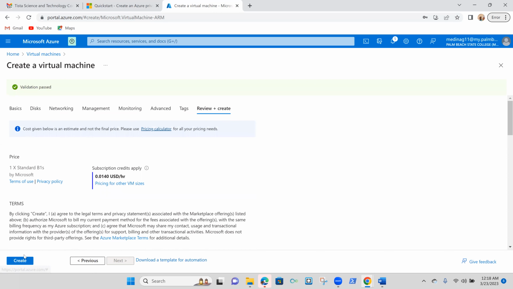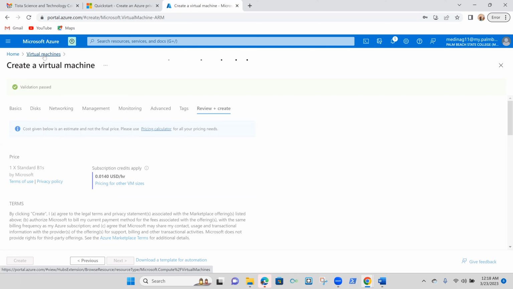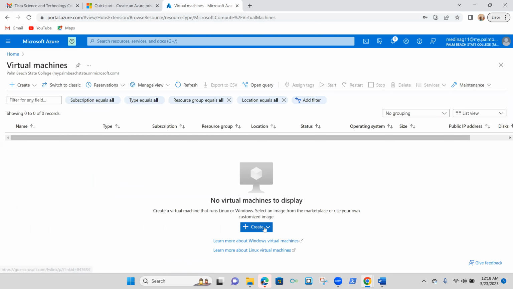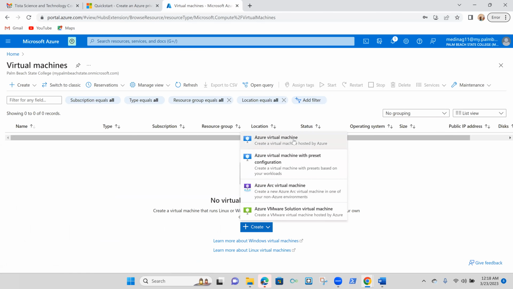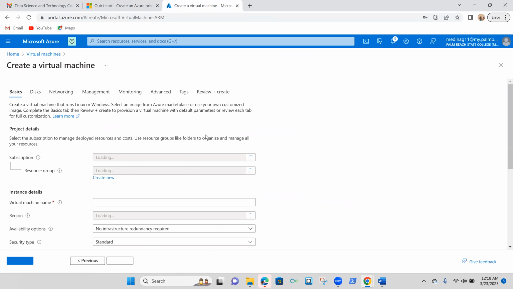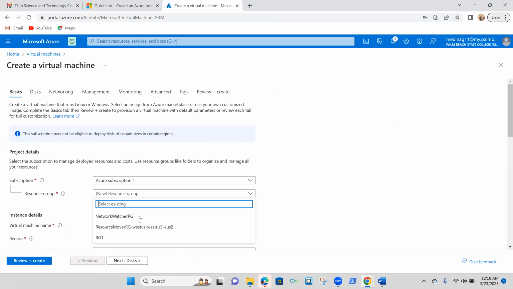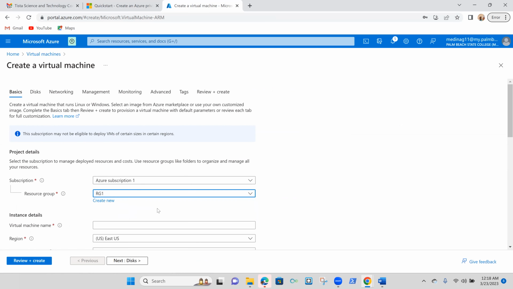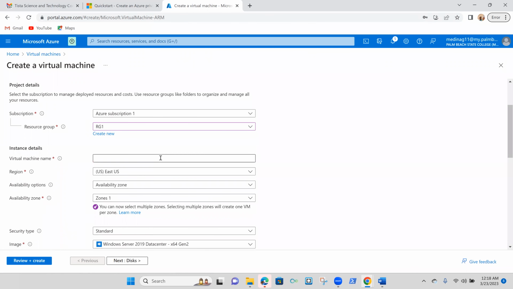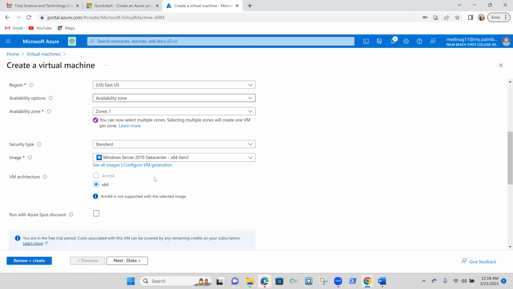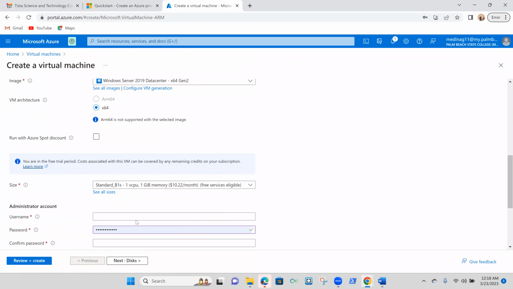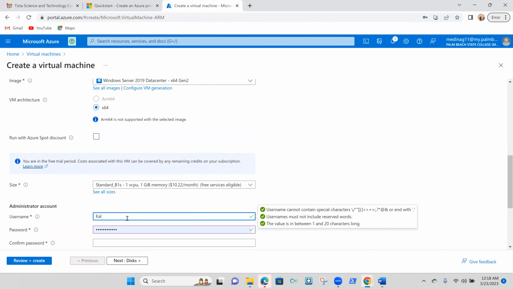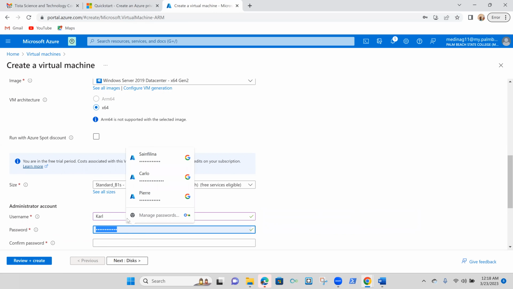Now let's create, and we don't have to wait till this is created. Let's follow the same steps to create another VM for this today. We could call this VM2. And okay, so it selected this by default for us. We could call this call. And let's give it a,